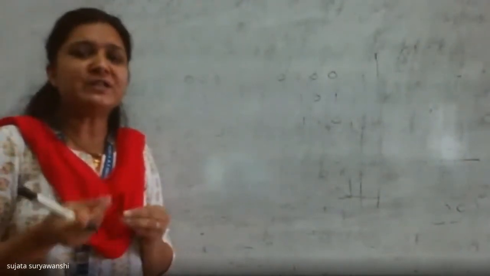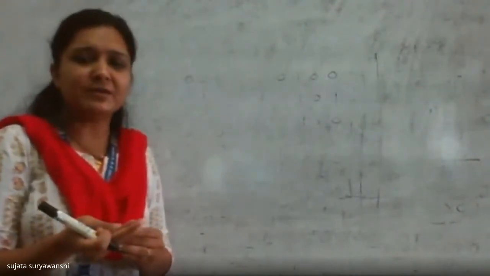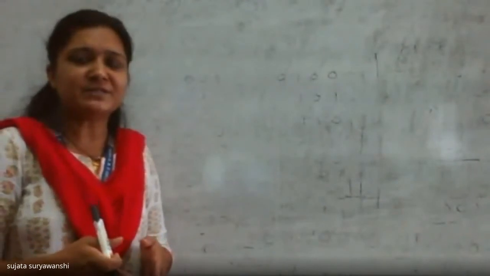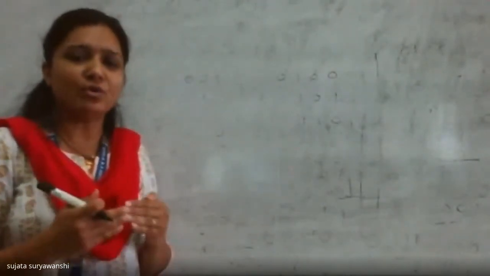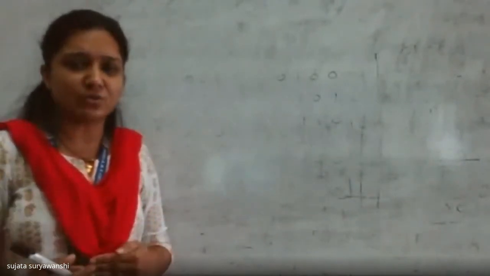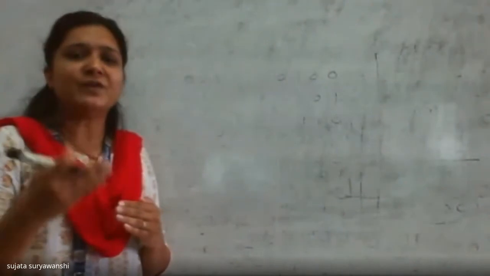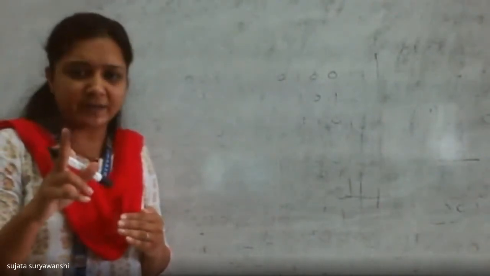Only one bit will change at a time when you add 1 into your previous number. Okay, that's why that particular number system is known as unit distance code. Means gray code is also called as unit distance code, as when you add 1 into your previous number, only one bit will change at a time. Okay, so we'll check out here.